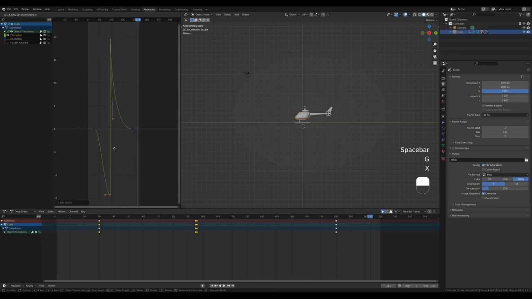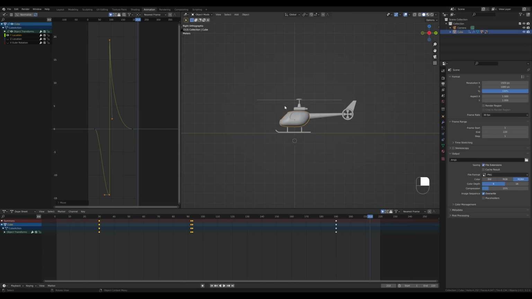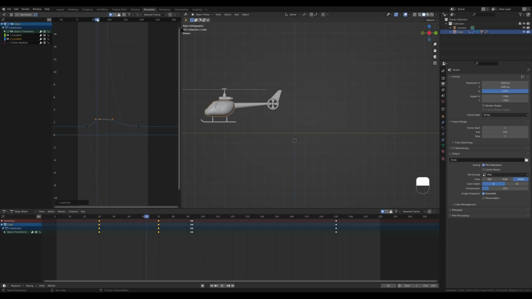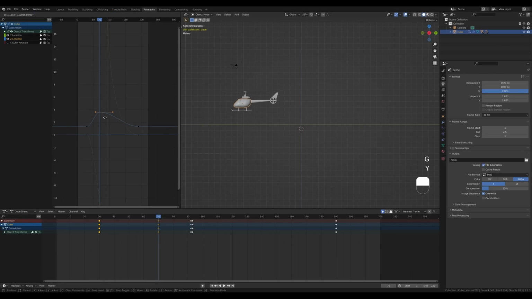And you know, we can play with the positioning of this, it doesn't really matter right now. Let's play with the other axis and let's actually move the helicopter up and down. So let's now enable Z location, and that's these 2 keyframes right there. And here it will start just going up. So we can select this keyframe, press Shift D and move it somewhere here. And let's move the timeline so we actually see the height, and I think it can go higher up like this. And then, you know, press Shift D and X and move it back. So we have something like this.